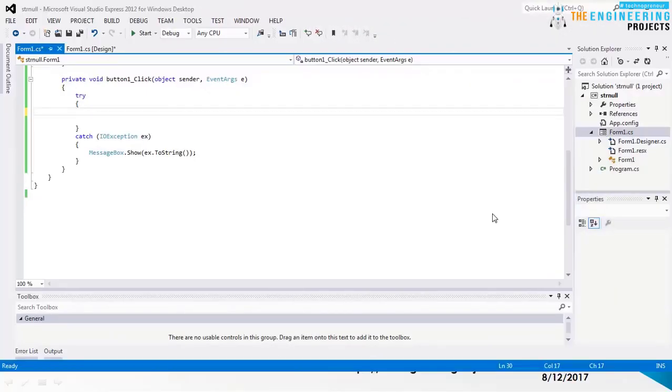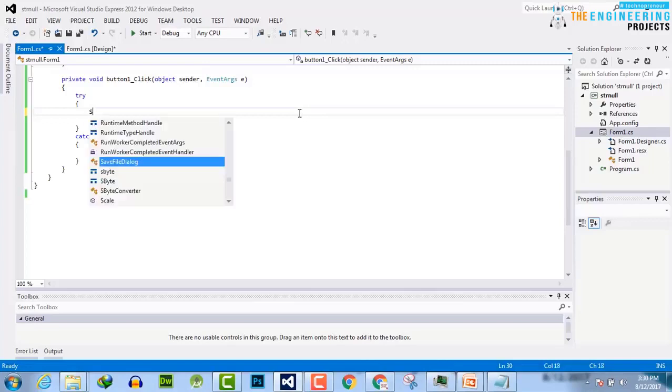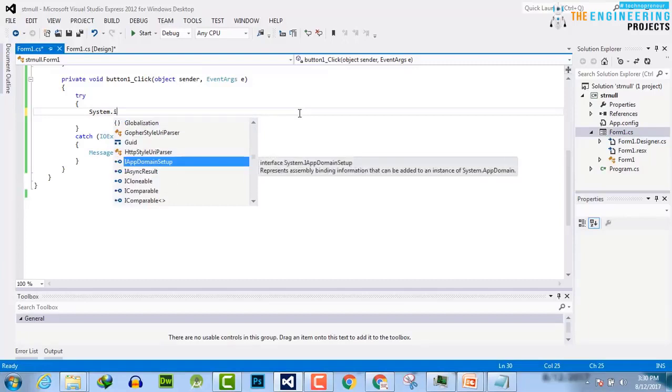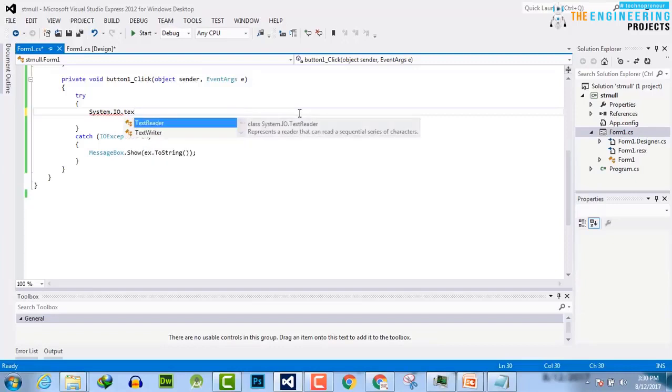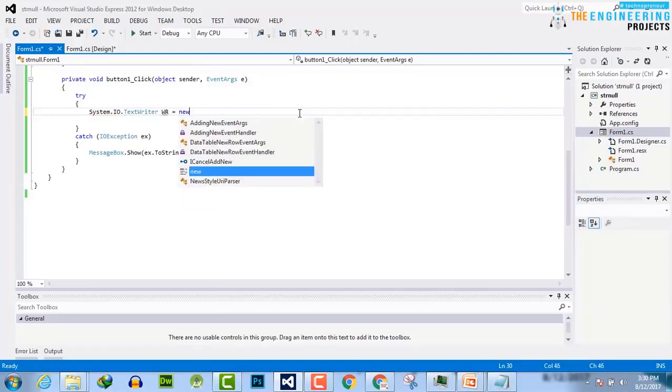In this video tutorial, I will tell you about the TextWriter. In my previous video tutorial, we already explained the TextReader which reads the text from the file. Now I am going to write the text into the file with the help of TextWriter. First of all, I will take System.IO.TextWriter, and wr the variable is equal to new